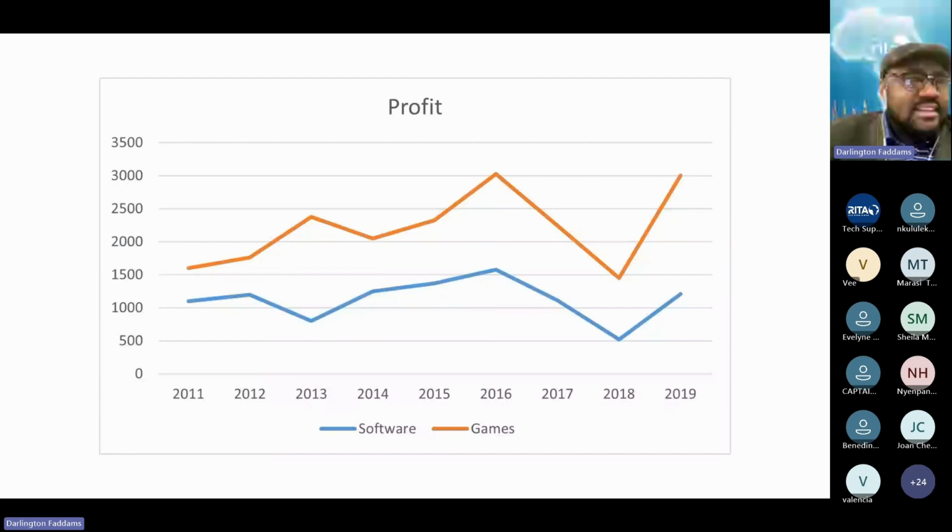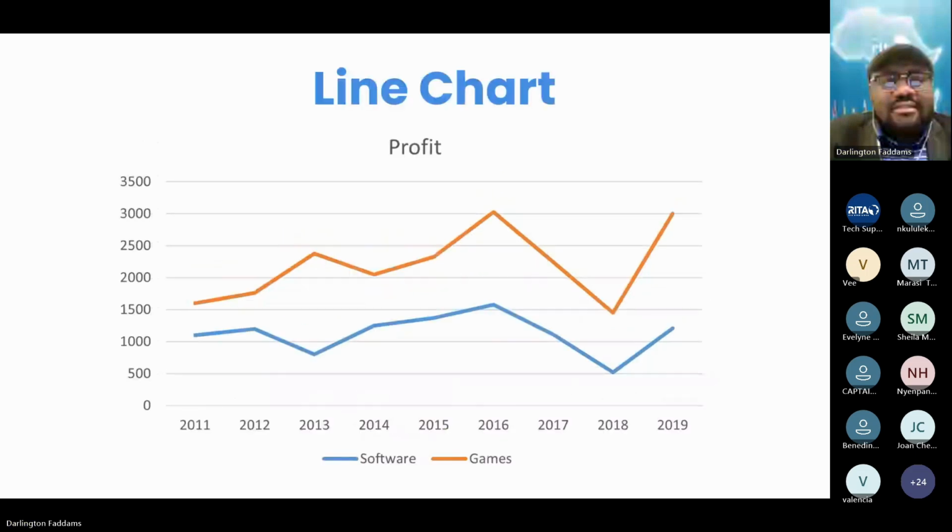Yes, wonderful. Now, this particular line chart, you can see that this is a very popular type of chart. It's very easy to read a line chart. As a matter of fact, I like line charts a lot. I don't know if anybody can read what is happening here. You can see from the legend that we have software in blue, we have games in orange, and you can see the years at the bottom. And then you can see the trend